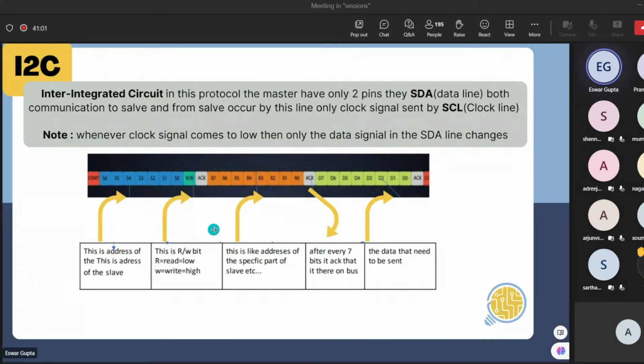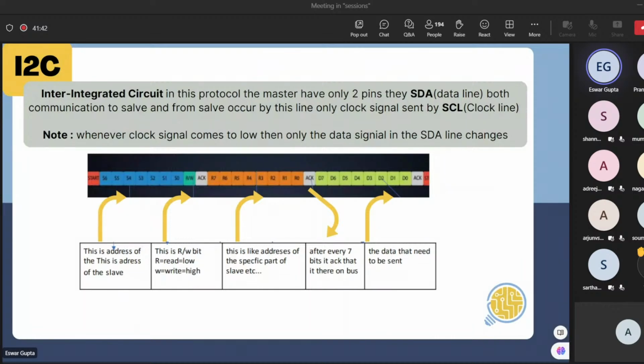There you need to send a bit. If you send a low bit, that is 0, then it says that okay, now it is in read mode, so the data will be read inside. If it is W, write mode, the data will be written. Okay, got it. That's what the read and write bit does. And then there is a specific address to a specific part of a slave. You don't worry about that. If a slave is there, inside the slave also there will be so many instruments, right? If you want to communicate to a sub-instrument inside one particular slave, then you use it.